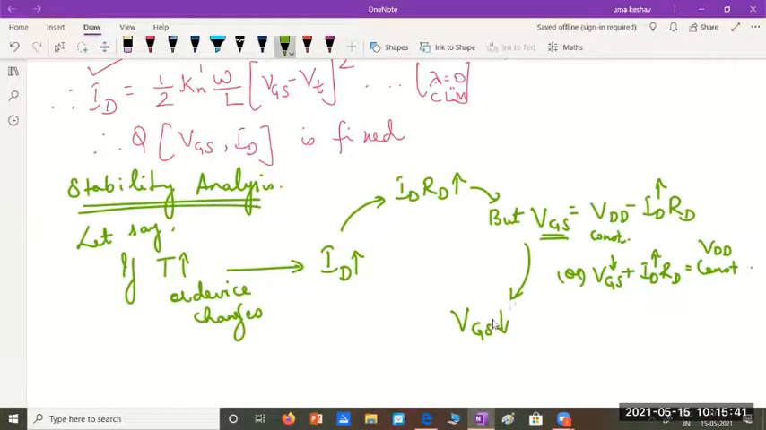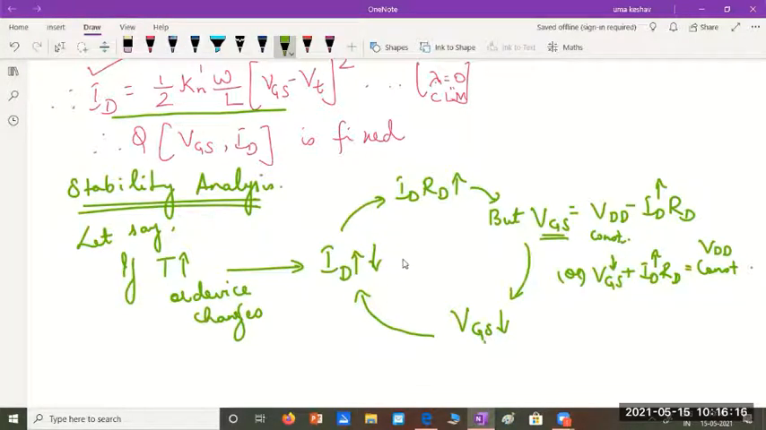And what is the implication if VGS is reduced? Look at the drain current equation. ID depends on VGS, so naturally you can expect ID to decrease. If VGS decreases, you see ID is directly proportional to VGS, and the drain current decreases. So whatever was the trend of increase in drain current is compensated by a corresponding decrease because of the circuit